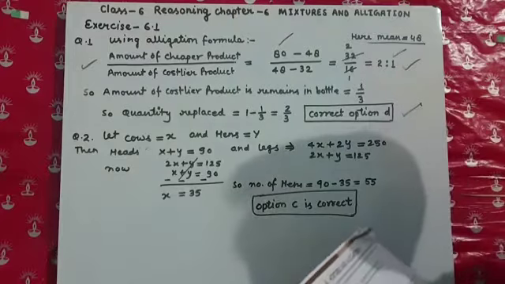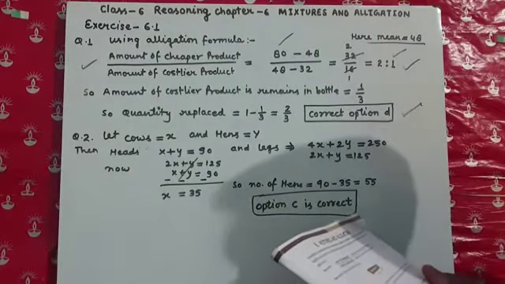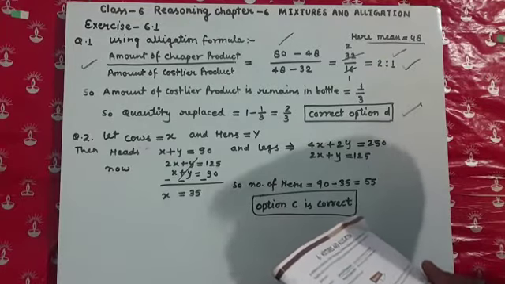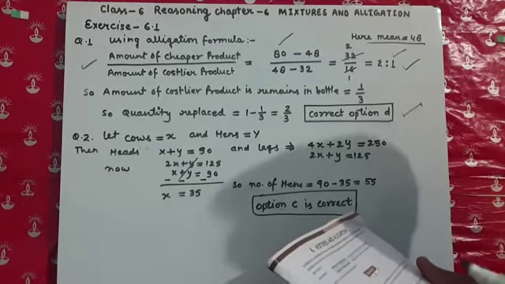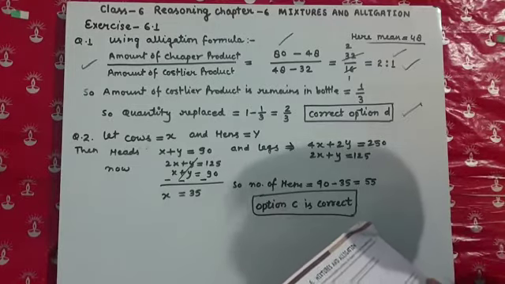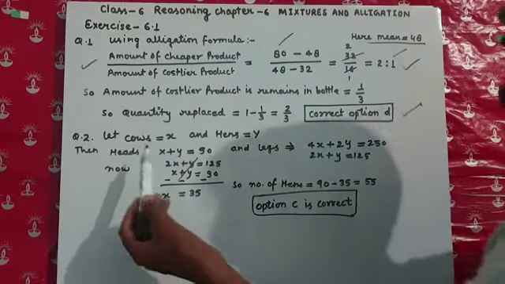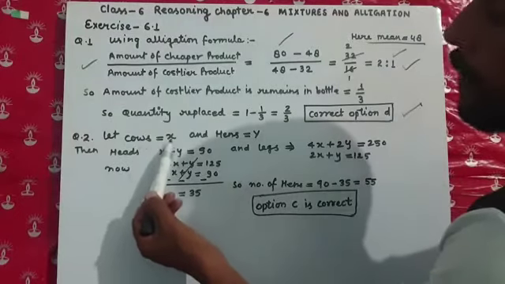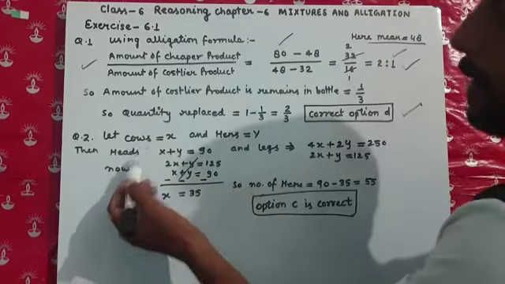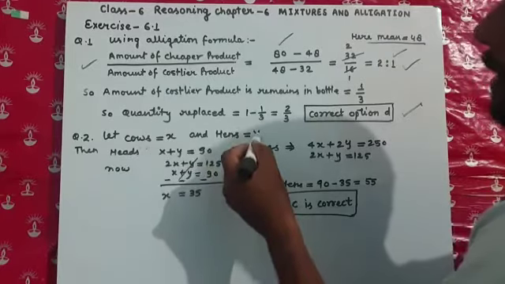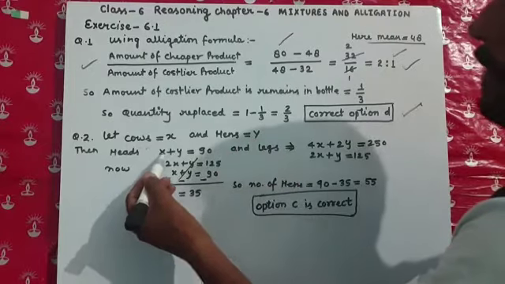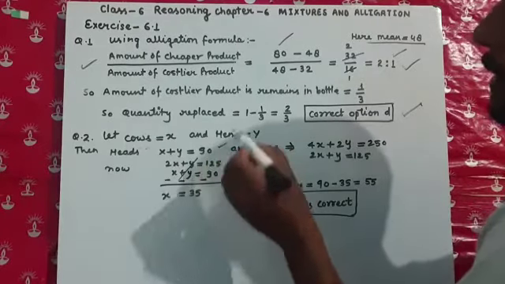Now going to question number 2. Here the question is given: in a farmhouse there are cows and hens. As we know, a cow has one head and a hen also has one head, but a cow has 4 legs and a hen has only 2 legs. So let's assume the number of cows is X and the number of hens is Y. The number of heads is the sum of the heads of the cows and the heads of the hens, which is already given: X plus Y is equal to 90.